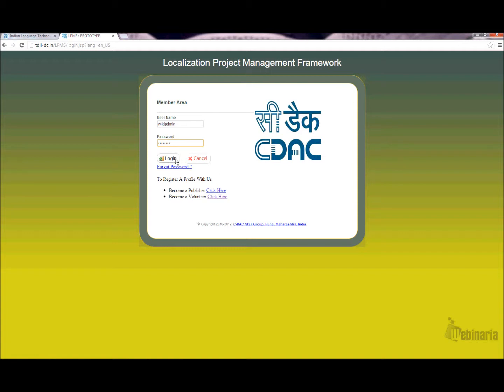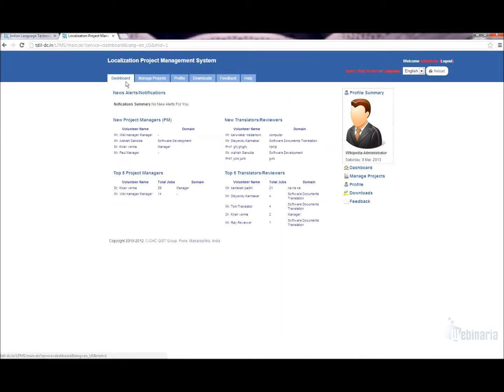Upon successful login, the dashboard opens for you, which contains different sections like alerts and notifications, recent project managers, recent translators and reviewers, top project managers, and translators and reviewers.